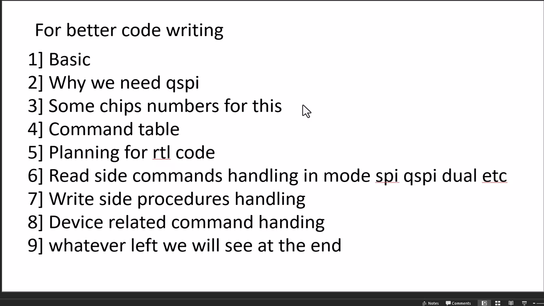More specifically, there are 3 or 4 types where we have to handle the read side commands, write side commands, and the device related commands. Okay, and whatever is left at last, we will try to summarize at the end. Okay,